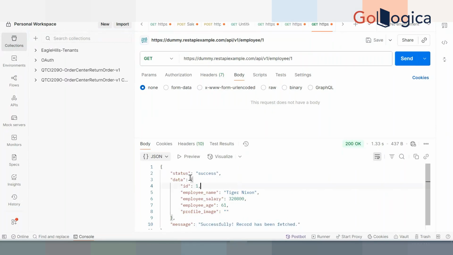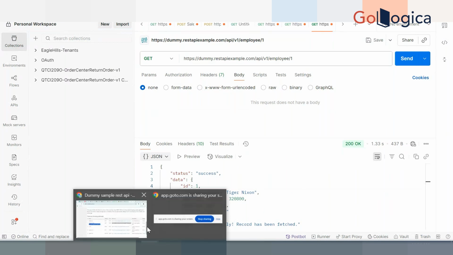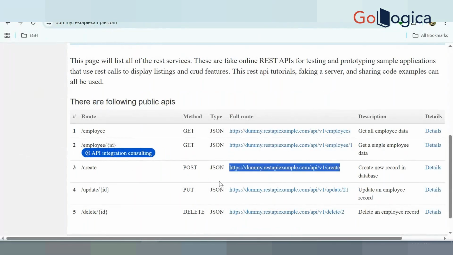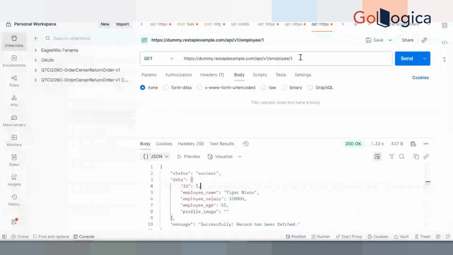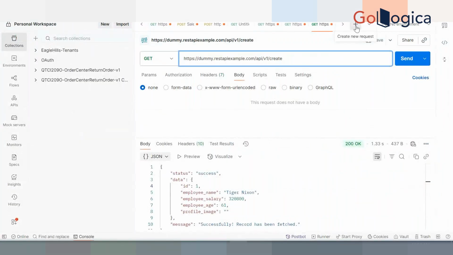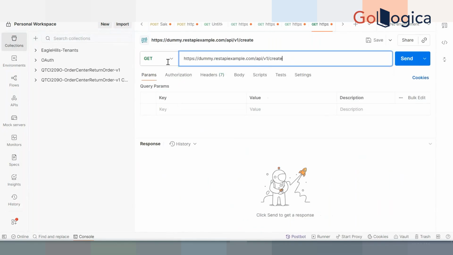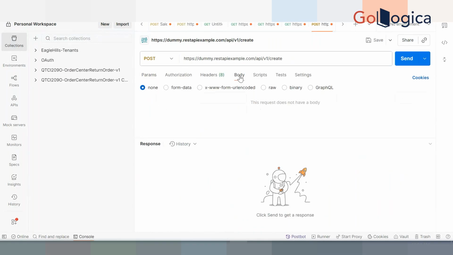If you want to create one record in the API, we'll find the API with the create POST method. We can select this URL, copy and paste it here, click plus, and select the POST method. You need to pass a body, right?